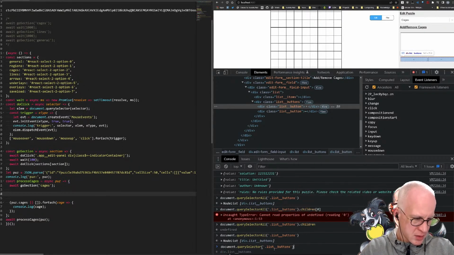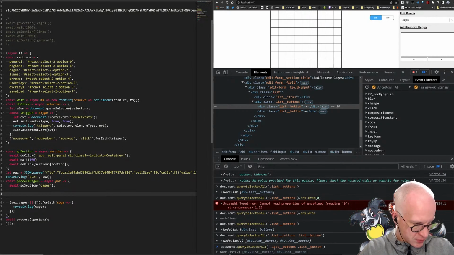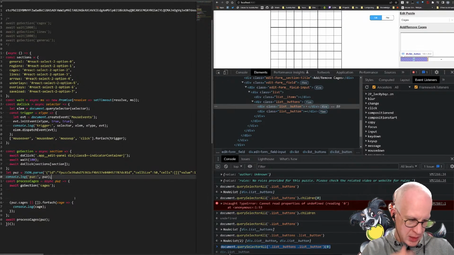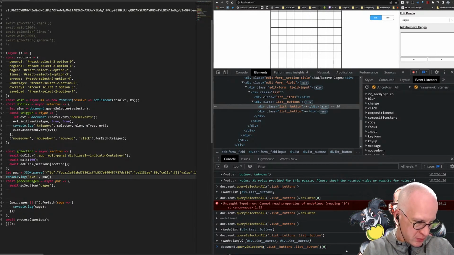Oh, I can just do this, right? And I think it also wants a double underscore, because single underscores are so yesterday. And then that should be that one. Okay, so we should be able to just say do click. The trick here will be to create a selector that we can use with our existing thing. So can we do something like